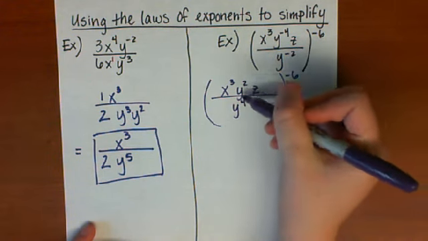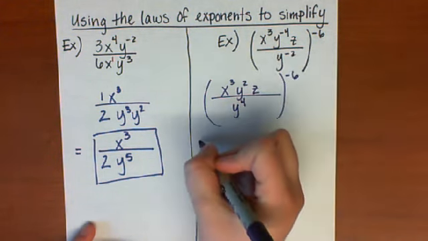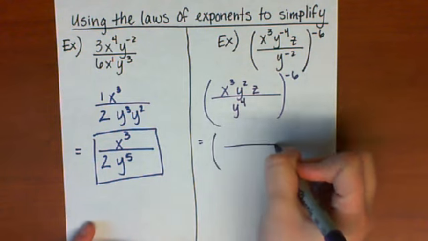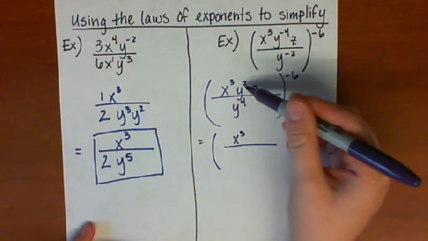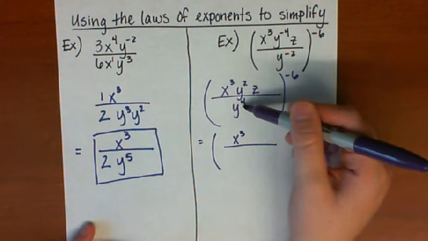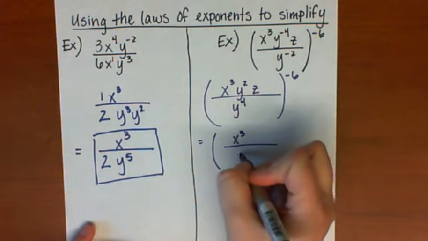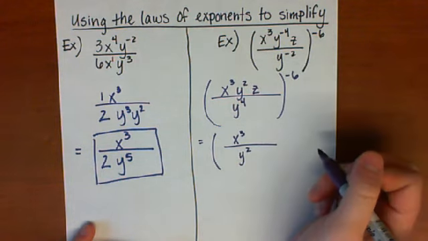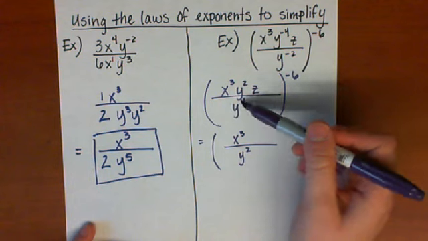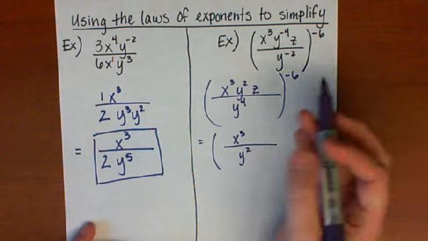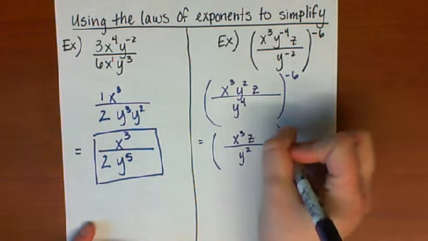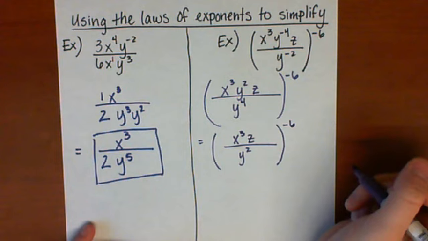Now I notice I can simplify some more still inside here. So I'm still going to have my x cubed on the top, but now I notice I have y squared on the top and y to the 4th on the bottom. Well, 4 minus 2 is 2, so I'm going to have y squared in the denominator. Now notice it's going to stay in the denominator because the y to the 4th is larger, that exponent is larger. So it will stay in the denominator. And then I'll have z here, and then I have the negative sixth.